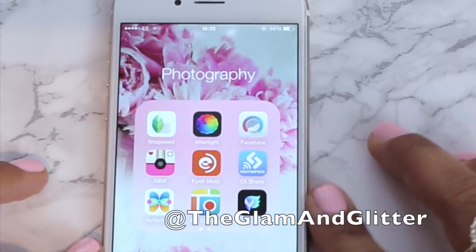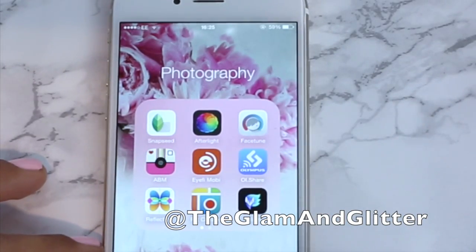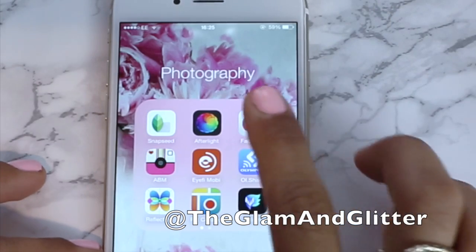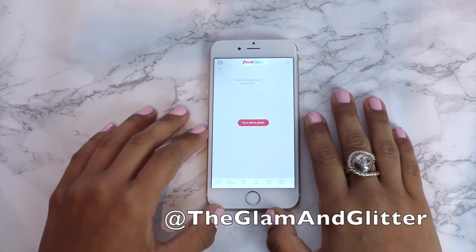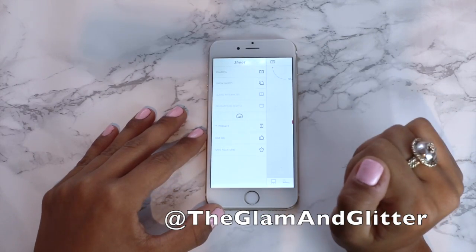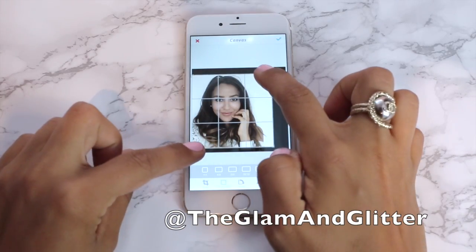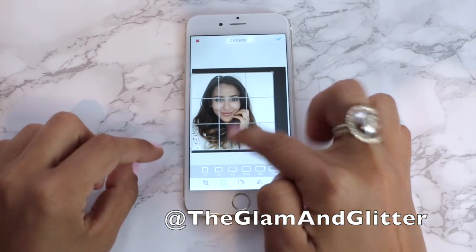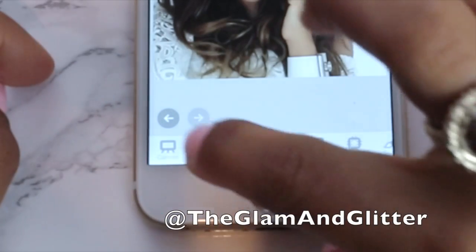Then I open my photography folder, and there I have several photo apps, but I will start with using Facetune, which is this app right here. Then I'm going to open one of the pictures that I have just taken, but in order to make it easier and to know which picture I really liked, I can now go into the favorites folder and select this picture. I usually start by cropping the picture like this, and then I'm gonna use whitening option,